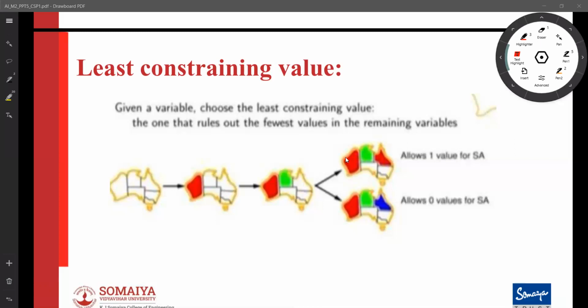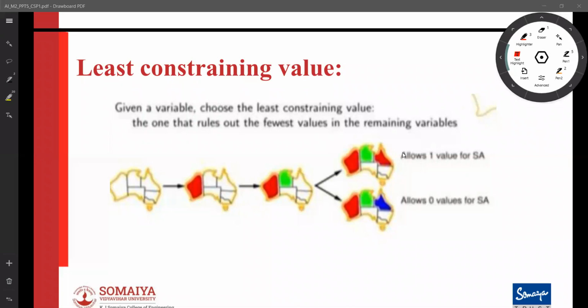By combining two heuristics, that is minimum remaining value with the degree heuristic, and least constraining value, we can solve the 1000 queens problem. So by just adding a small modification, we can have a huge jump in the entire constraint satisfaction problem.